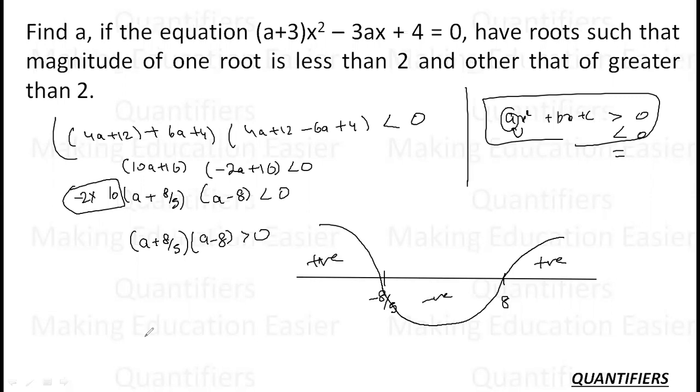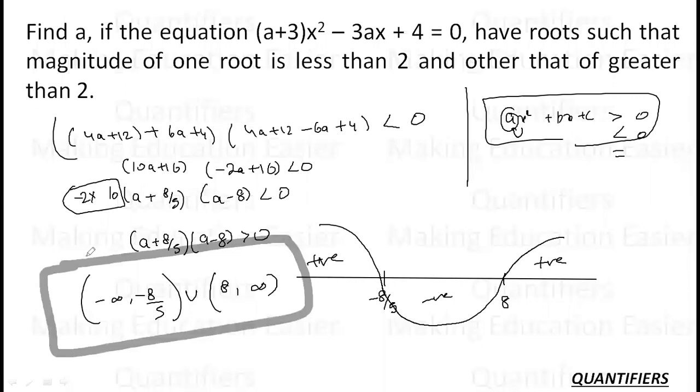So what is the required range for A? It is -infinity to -8 by 5 in open brackets, because I am not including -infinity as well as infinity. तो चलो वैसे ही consider नहीं होता, ठीक है? So it is nothing but -infinity to -8 by 5 union 8 to infinity. 8 is again in open bracket because it is greater than and not greater than equal to. So this is the required answer, that my condition for A for which this question will exist will be -infinity to -8 by 5 union 8 to infinity. I hope you guys have understood this concept.